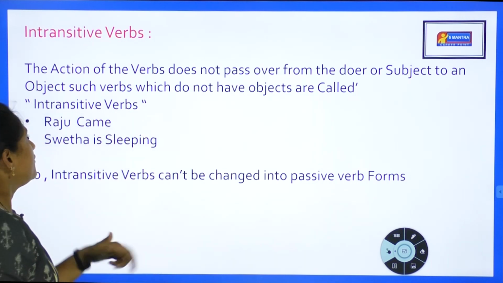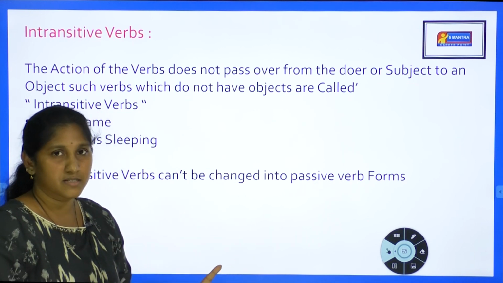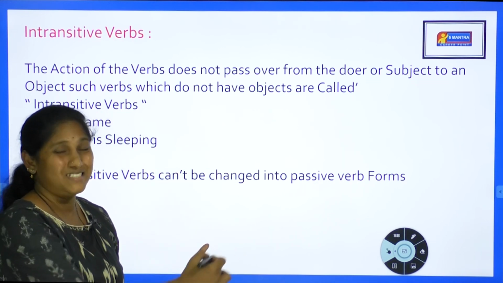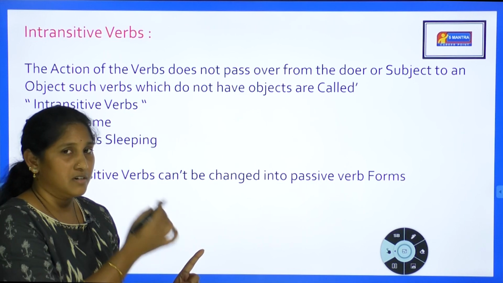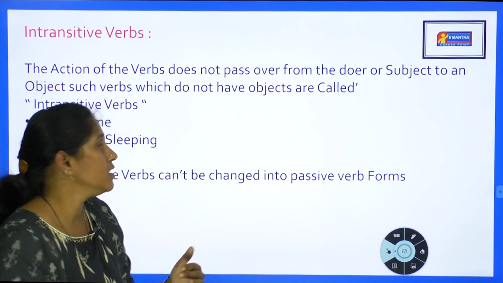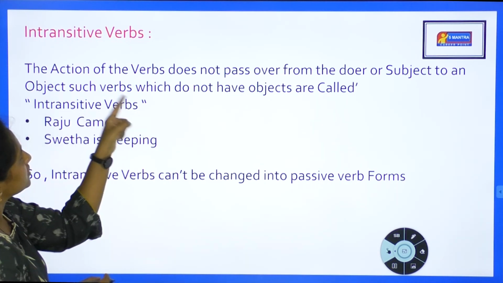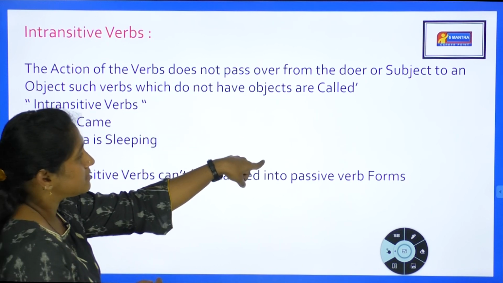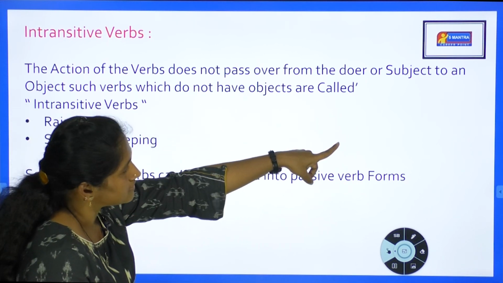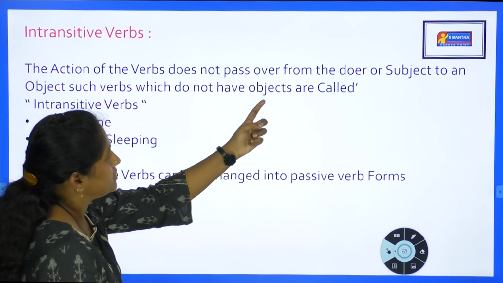Intransitive verbs. We have discussed that we need subject, verb, object in the sentence. The verb will be a transitive verb, and that verb can be changed into passive form of verbs. Okay. Now, transitive verbs: the action of the verb passes over from the doer or the subject to an object. Such verbs which do not have objects are called